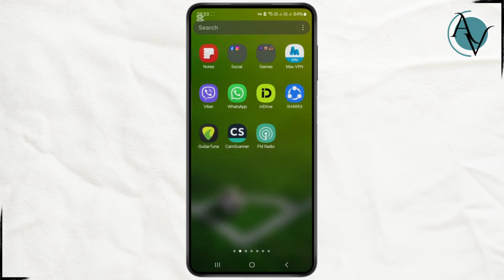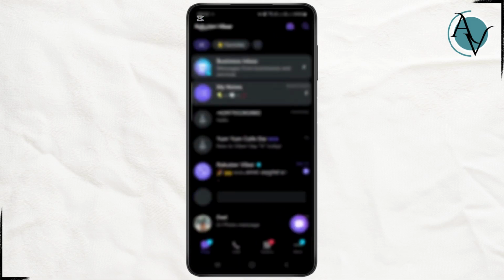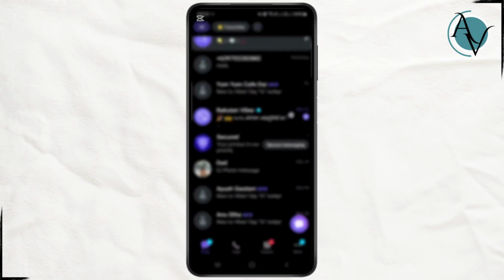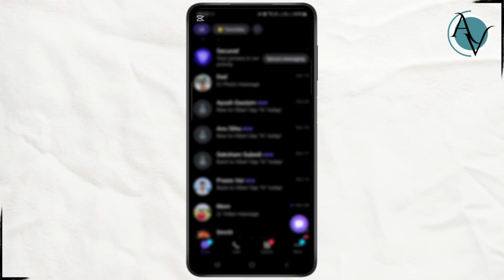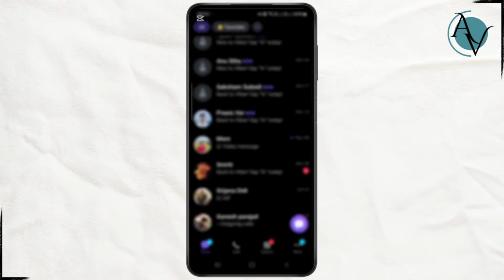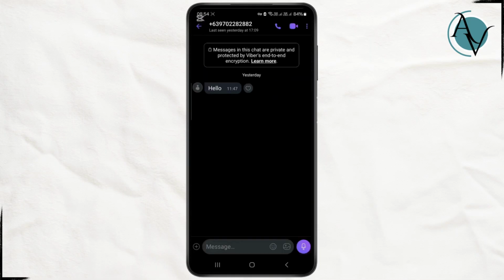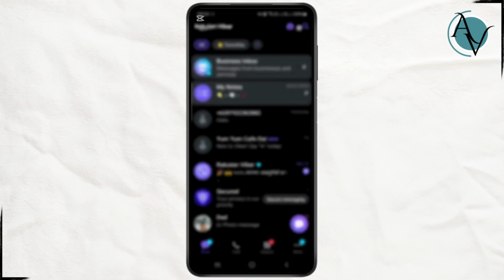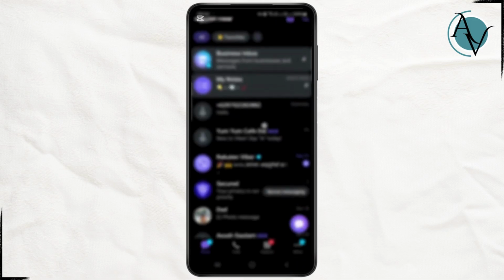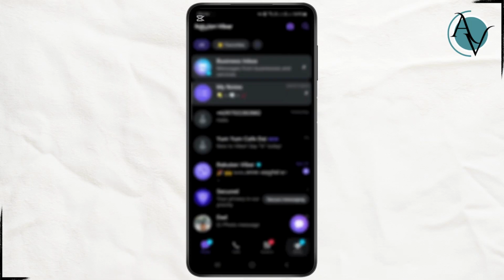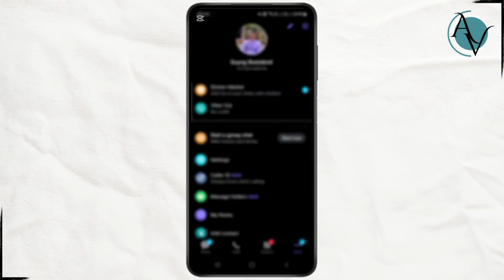In this video I'll be showing you how you can easily send high quality photos from your Viber application. So let me just show you an example from over here. Let's say before you send any photos, let's say I want to send a photo to this person, and what you need to do is simply click on your bottom right corner over here where it says more option,